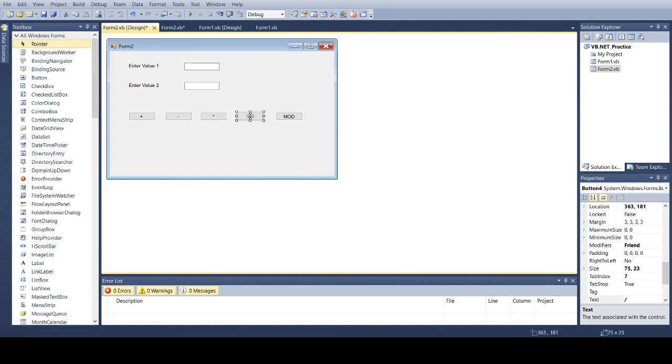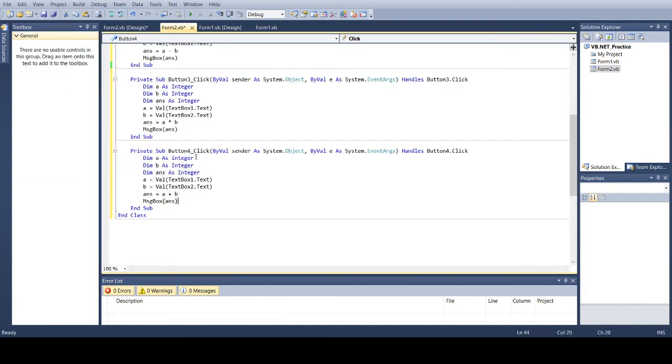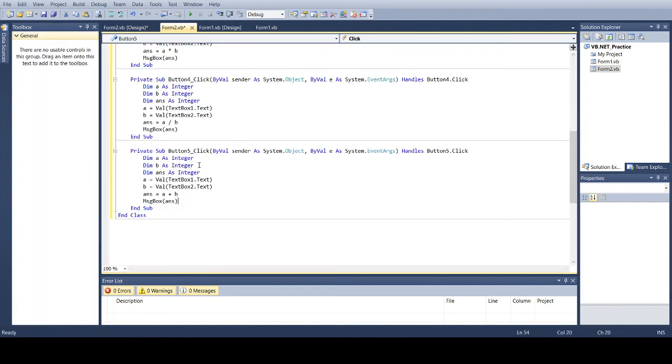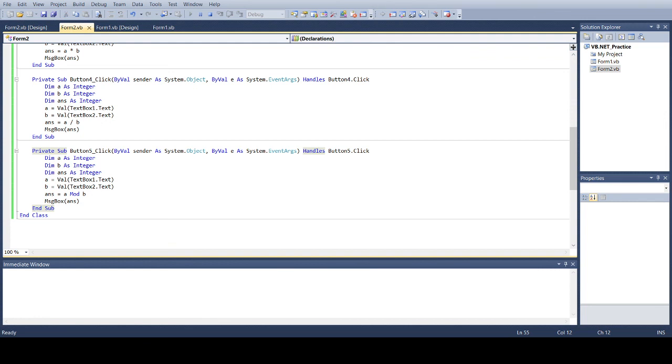For division, here the sign will be division, and for modulo I need to write MOD as per the syntax of VB.NET, and here you will get the modulo of the values of A and B.